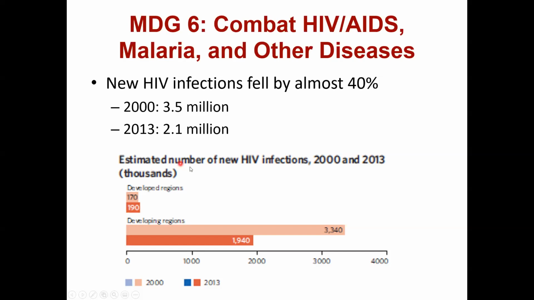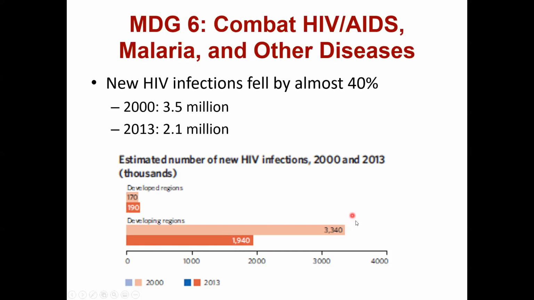So here's the estimated number of new HIV infections in 2000 and 2013 in thousands. In developing regions, we had almost 3.5 million, and in 2013 almost 2 million. In developed regions, we actually see a slight increase in HIV, but the total number overall is low compared to the developing regions. So even though a lot of progress has been made in developing regions, this is a huge decrease. There are still a lot of new cases coming in developing regions,